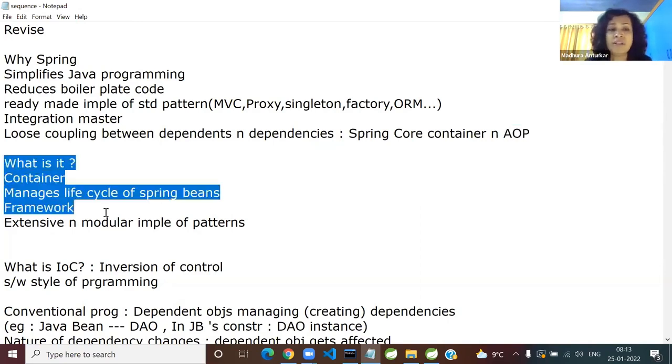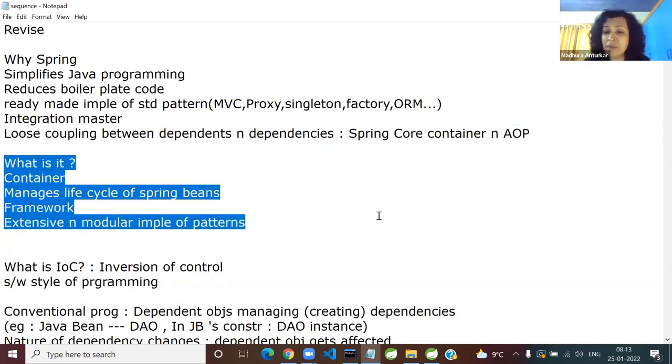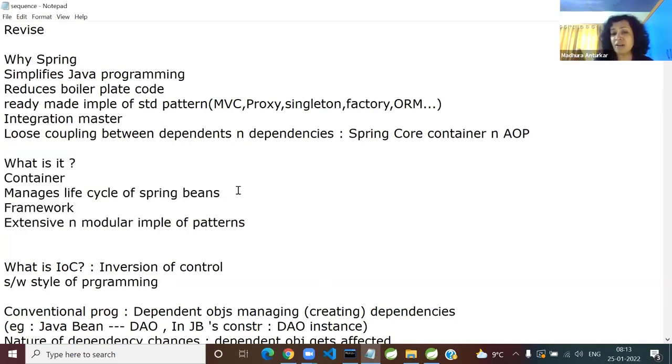So what is it? Is it a container, a framework, both or neither? The answer is, it is both. So why are we treating Spring as a container? Like I told you yesterday, we have a web container. Spring container does not replace a web container.